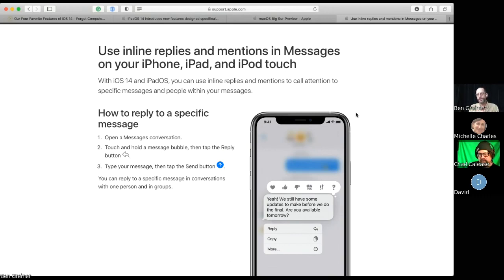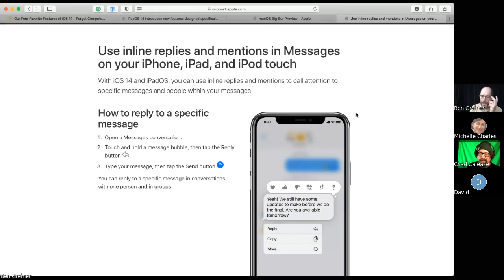However, iMessage is still a thing, and Messages is the app, but Messages can do both text messages and iMessages. Text messages are green, iMessages are blue. So green are those communications you have with people who are not on an iPhone, not using iMessage. And blue are those conversations you're having with other iPhone users who are using iMessage.